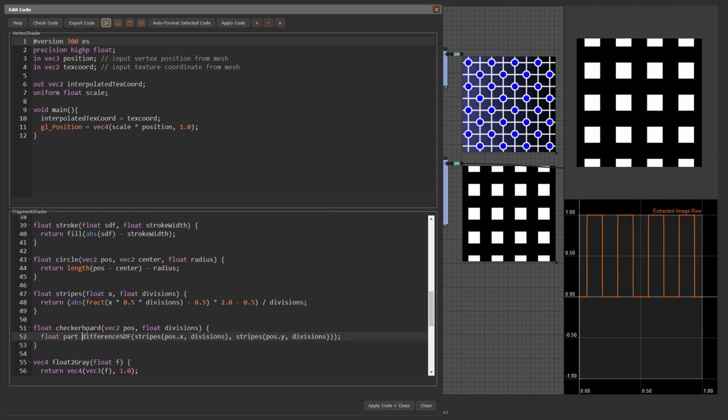This is part 1 of the checkerboard SDF. Then we translate the SDF by one division. Vec2 pos trans equals pos plus 1.0 divided by divisions.